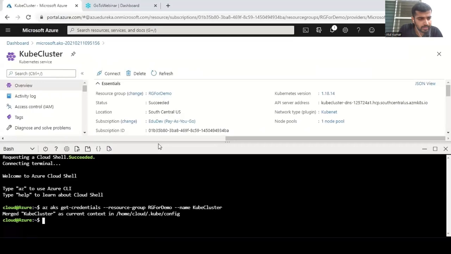It's merged as current context in this path. Now, let's go ahead and get the details. In this case, we know that we need one node, but there may be multiple nodes. Let's type